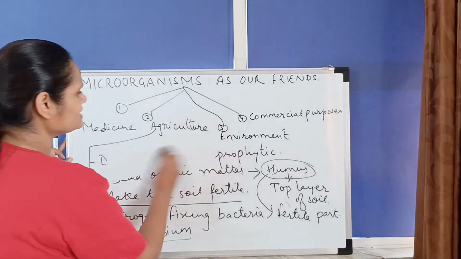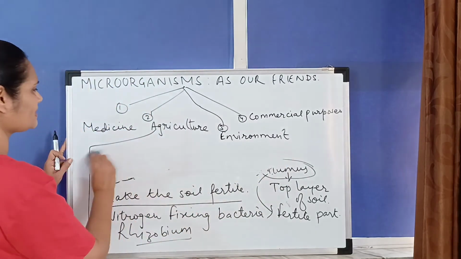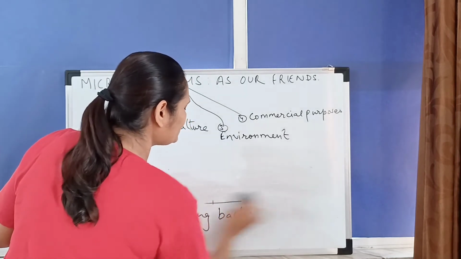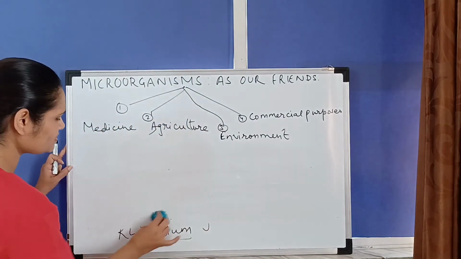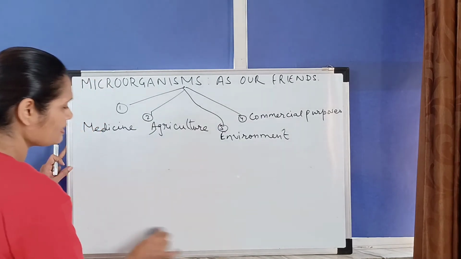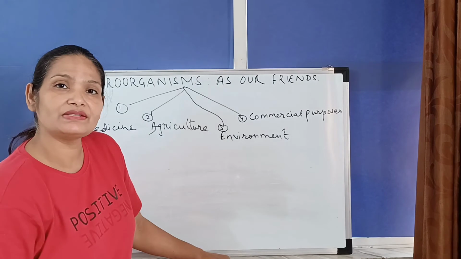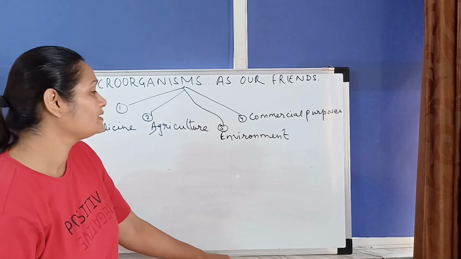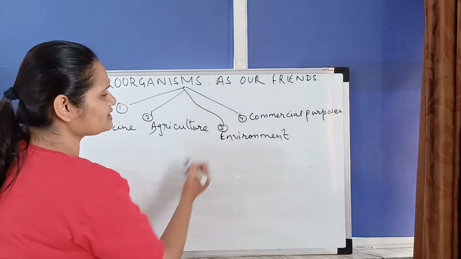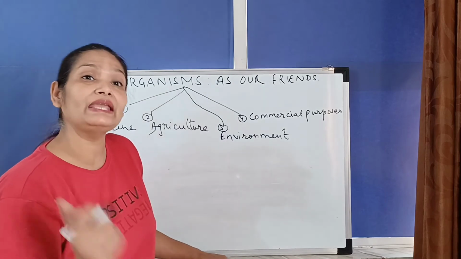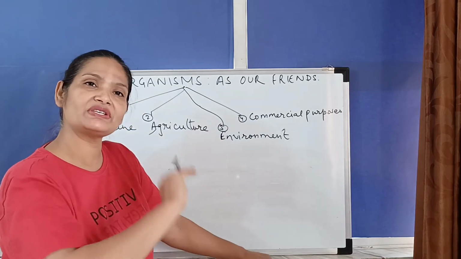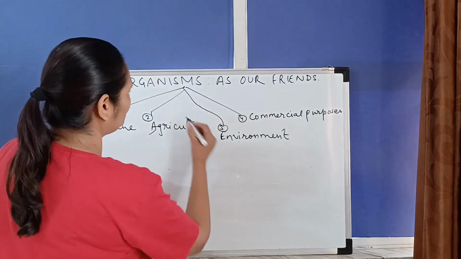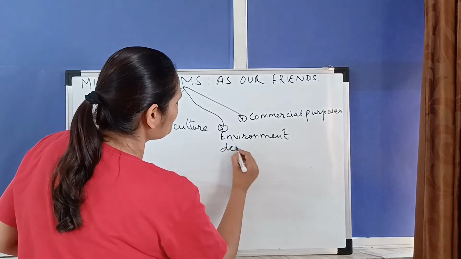Okay. Now the next is the environmental use of the microorganisms. So as I said, decomposers decompose the dead organic matter, right? Just imagine if the decomposers were not there, then all the dead organic matter present in the environment would rot and give us a foul smell, which we would certainly not like, right? So what these decomposers do is they decompose the dead organic matter and they clean the environment. That is how they clean the environment, because they convert it into humus. Okay, so that is the use of the decomposers.